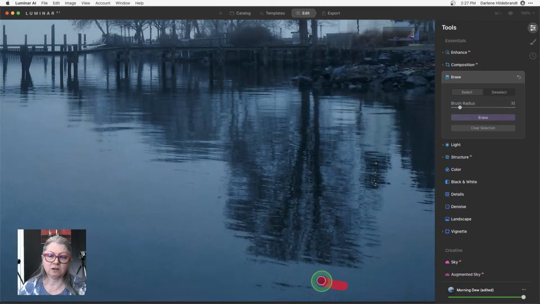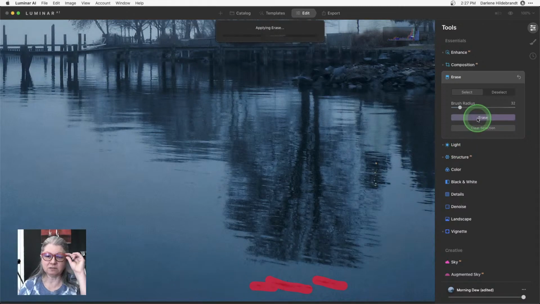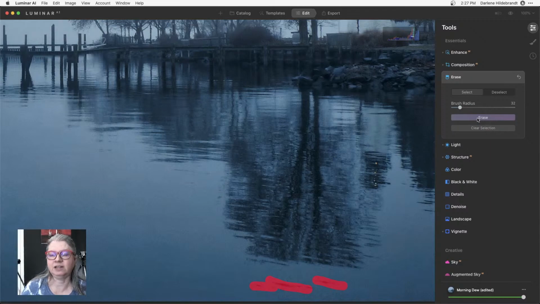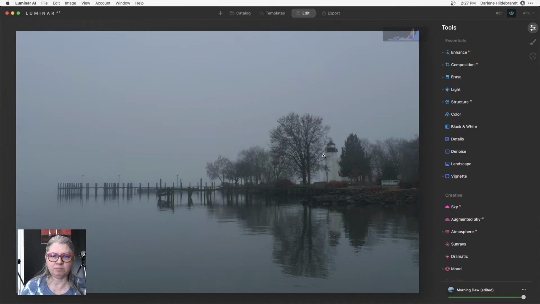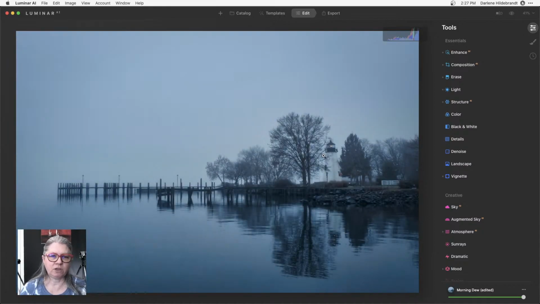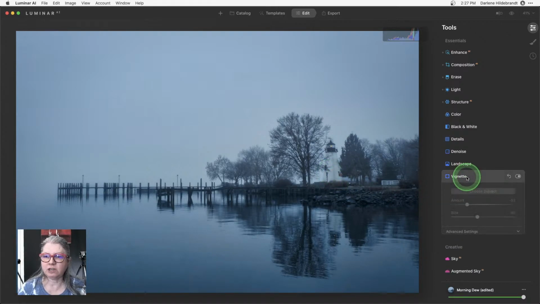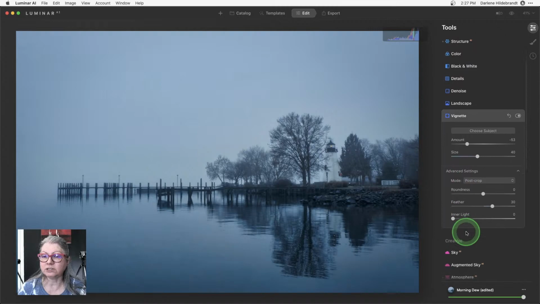So now I'm actually going to erase these things in the water here too, because I just find that they're sort of at the edge and a little bit distracting. So the erase tool does a really good job of analyzing. If you use Photoshop, it's like the content aware tool. And I find that it does a better job than Lightroom's cloning or healing. Okay, so now just with a couple of clicks and some erasing, we've got this really neat sort of blue toned image, okay?